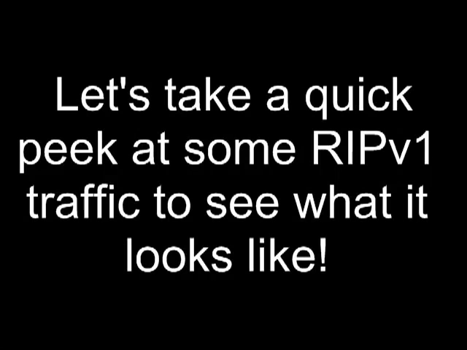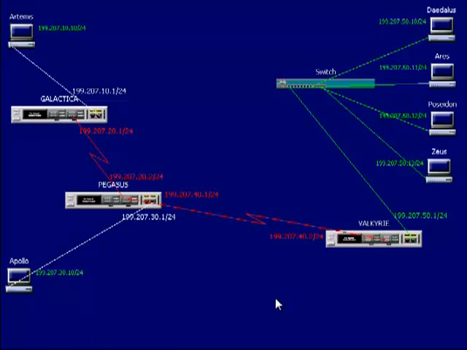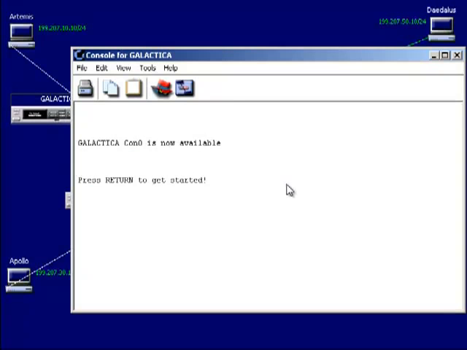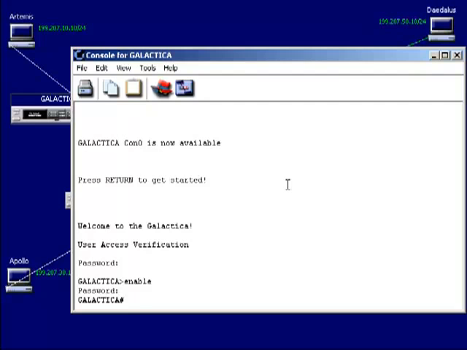Let's take a quick peek at some RIP version 1 traffic to see what it looks like. Last, why don't we just take a look at some of the RIP broadcast traffic being generated as our routers continuously advertise their networks and their neighbors continuously learn about their networks. So I'm going to input the password kiwi, enable to go to privilege mode, and password kiwi. And some of the commands that I can use, I can do